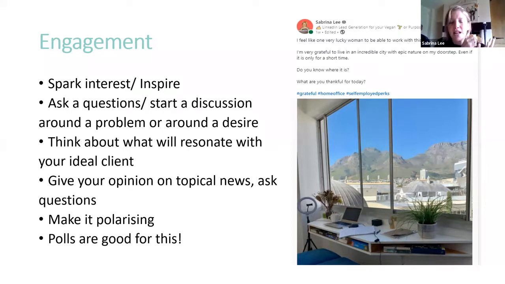Asking questions, starting a discussion around a particular problem they might have, or a desire that they might have, that they might aspire to be more calm, or they may aspire to have their finances in order. They may not really realize it, but they don't know much about what's going on with their pension. They haven't looked at their pension for, say, 4 years, and you just casually bring in those kinds of problems, and you just niggle in the background, make them think, oh, hang on a minute, maybe he's got a point, I need to think about that.